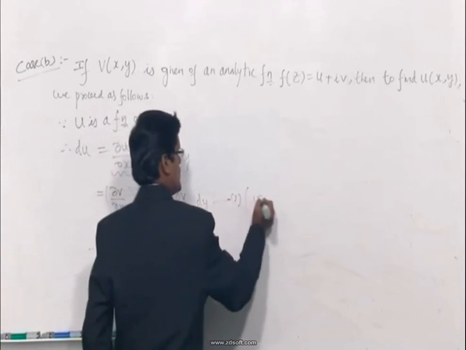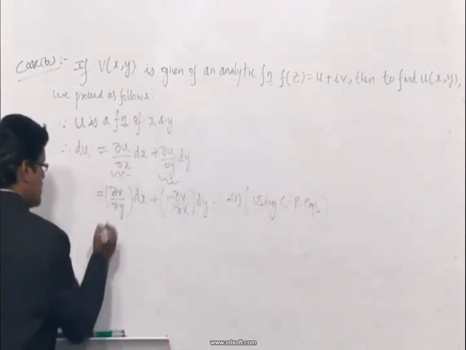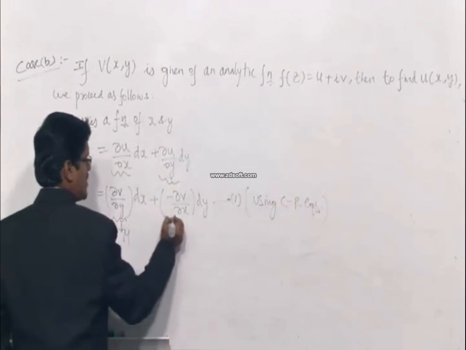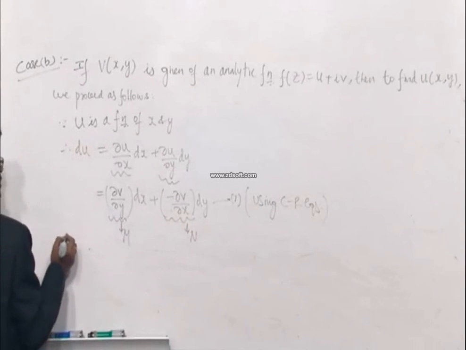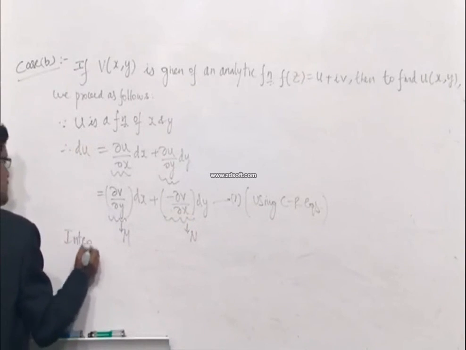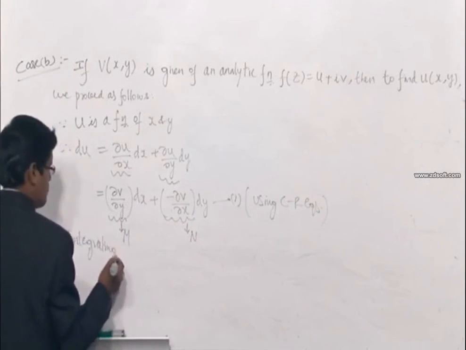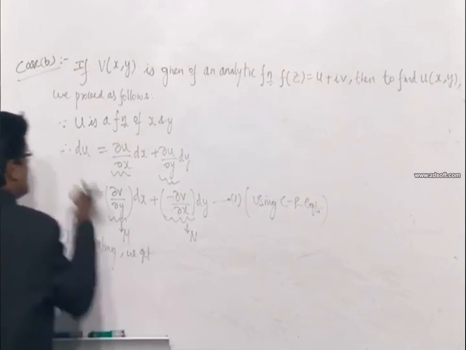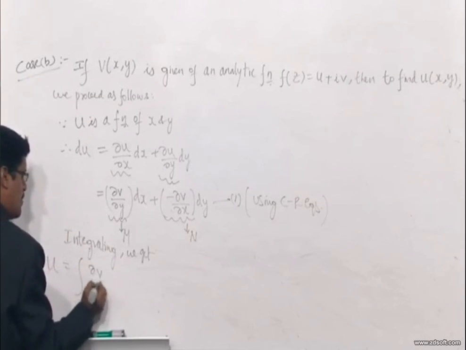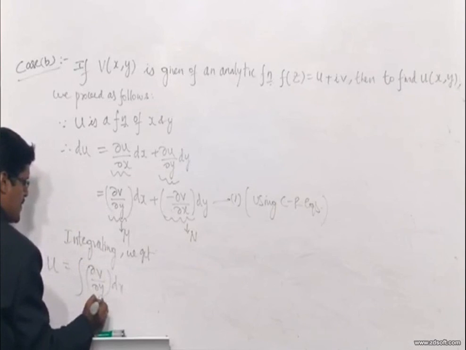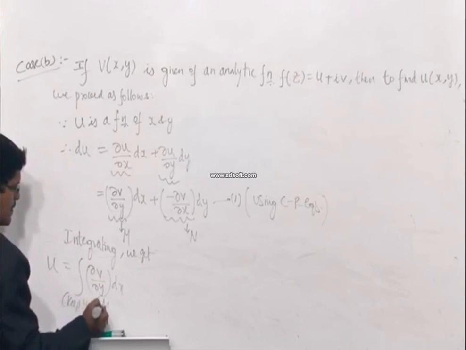Equation 1, using CR equations. Again, RHS of equation 1 is in the form of m into dx plus n into dy. Integrating, I am not writing the sentence that RHS of equation 1 is exact because I already explained it in case A. We get, on integration, the derivative cancels to give u, and this is integral m dx, that is dou v by dou y dx. So this is m, keep y constant,